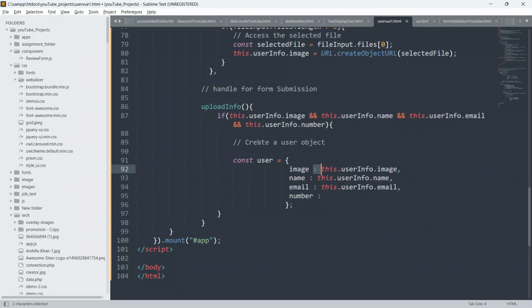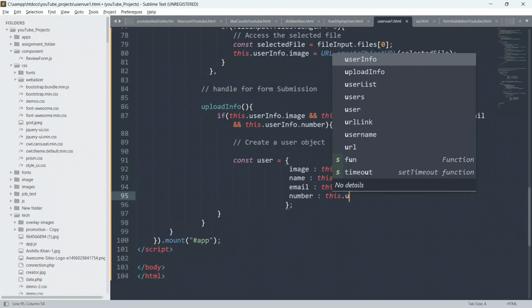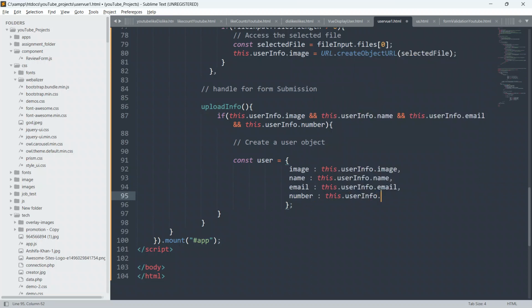So as you can see here, I have written the comment also, create a user object. So this is the name of the object, user, and here these are the properties: this is the key, and this is the value, separated by colon. This is the key, this is the value. So this.userInfo.number, put comma.